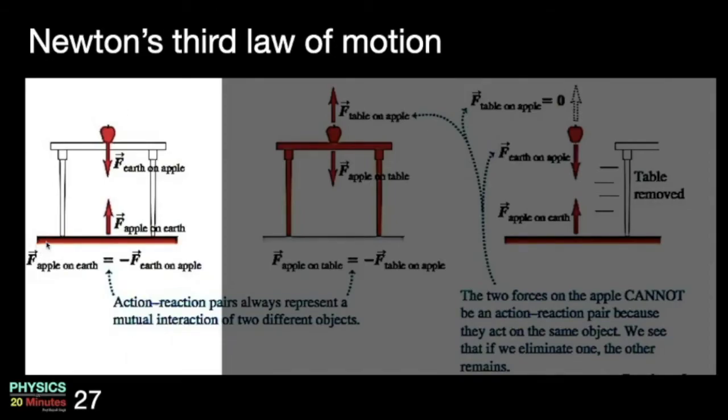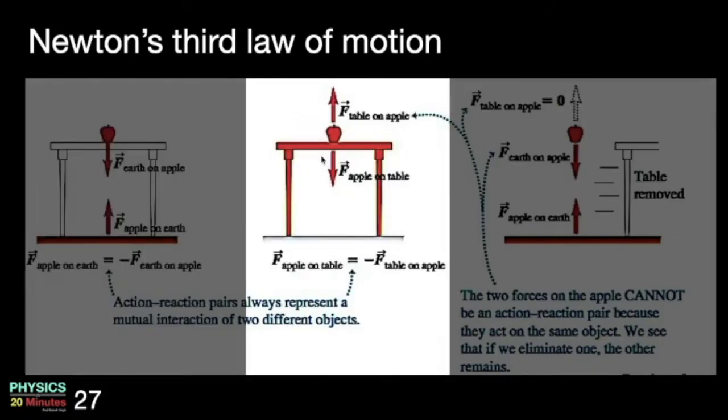So I have this situation where on the ground, the earth's surface, there is a table, and on the table there is an apple kept. One of the pairs of Newton's third law is gravity. The earth is going to pull the apple down, and even the apple is going to pull the earth up by Newton's law of gravitation, which we will see in a different chapter. So I have these two forces, F earth on apple and F apple on earth, which are equal and opposite to each other.